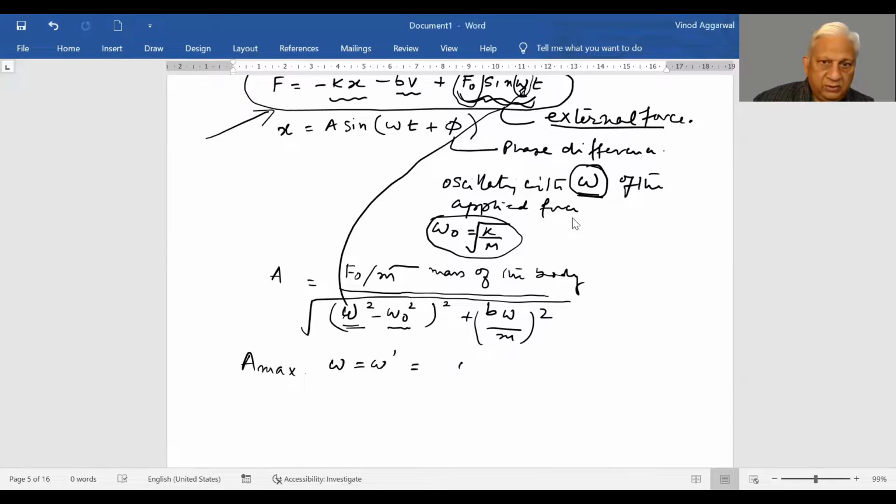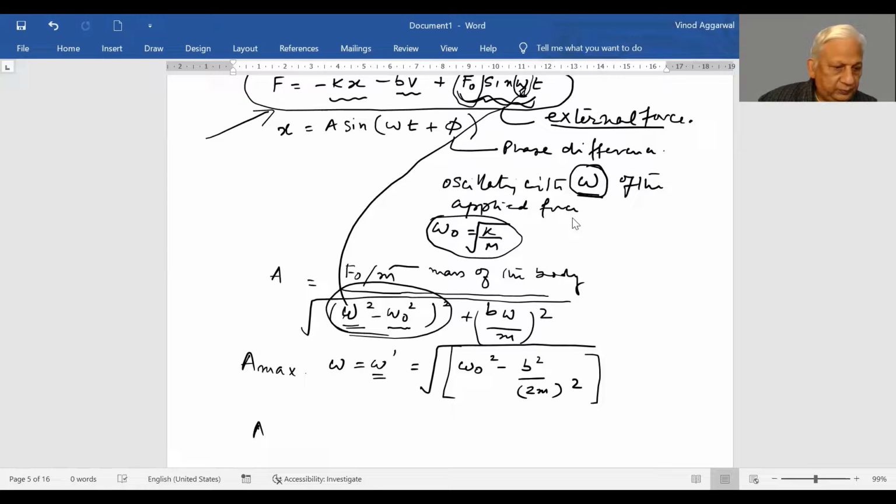If we define a term omega dash, which is equal to this, then what happens is this vanishes. So what you get is A will be simply